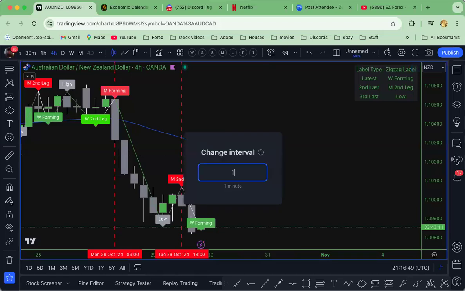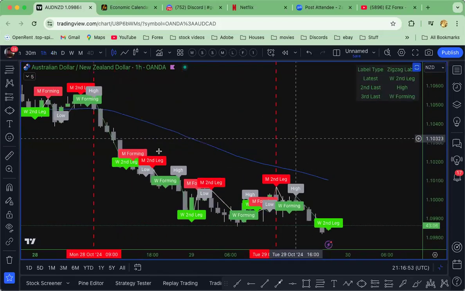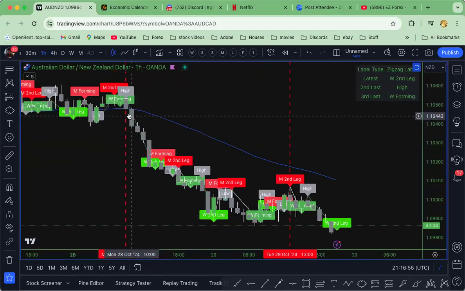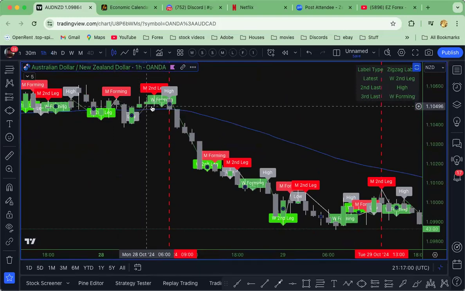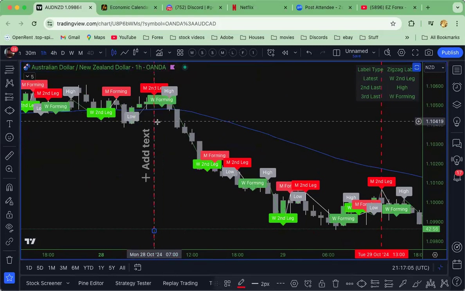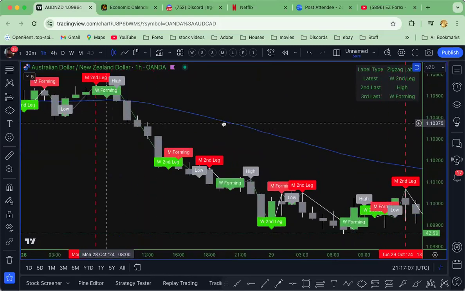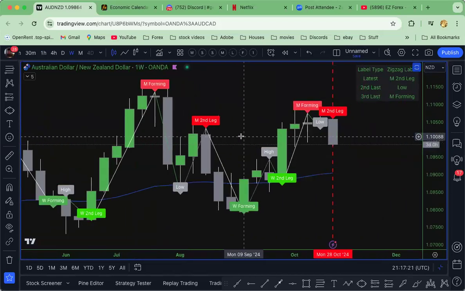That's fine. You go down lower. Remember what I told you? If you want to trade lower, this is all you do. So remember, we've got R1 forming from up here, and we can see, let's just go here. Bear with me a second. So this is the Monday. Right here, you can see on the 1 hour chart, you had an M second leg forming right over here, with the close of this second leg. And this was the Monday. So this is already telling you from the 1 hour, we're starting to lock in price for this weekly M